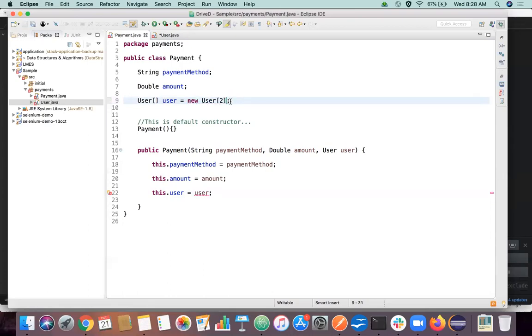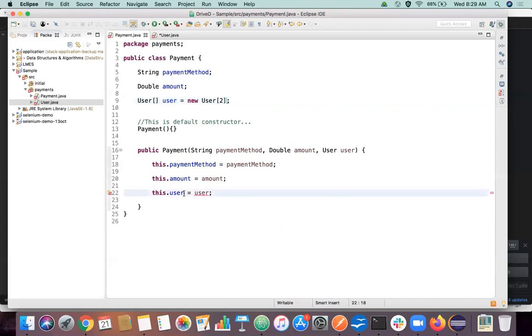This is how you declare an array actually. Equal to new user, and whatever size we mention here, that number of elements will be there. The array will be declared by default. You know what's the disadvantage of an array, right? The biggest disadvantage is that once we specify the size, it cannot be increased dynamically at runtime. So if you want a dynamic array, there is something called ArrayList in the Java collections framework. We'll see that at a later point of time. So generally an array is of some fixed size. If you declare an array of that size, you cannot go and alter it at runtime.